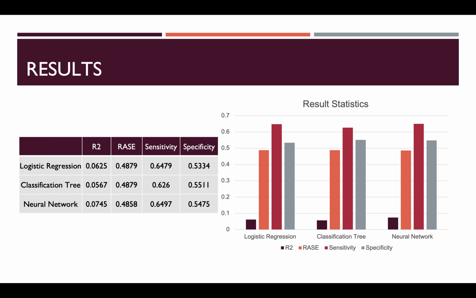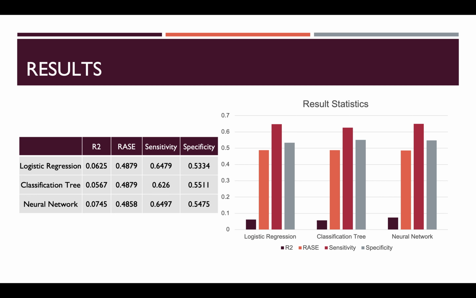As you can see, these numbers are very low. Root average square error is an evaluation of error in the model, and sensitivity and specificity are important for their indication of how good the model is at predicting members of each class, either positives or negatives. In the longer report, we also discuss accuracy, precision, and AUC, which is another error statistic.